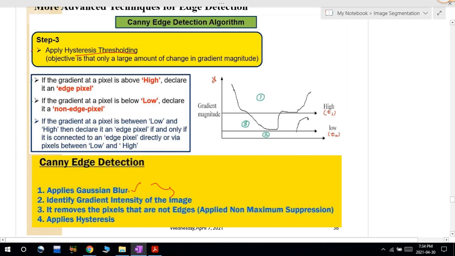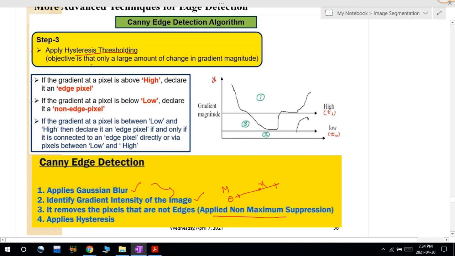So the first steps are clear. That is first applying the Gaussian blur. After that, I will find out the intensity. From the intensity of this image, I will find out magnitude and theta. From this theta, I will apply non-maximum suppression, in which I find the direction of the edge. After finding the direction of the edge, I will consider the neighboring pixels and find their magnitude, and whichever has the maximum magnitude value, only that will be considered for the edge point, and the remaining will be discarded, so that I will get thin edges. And the last step is I will apply this